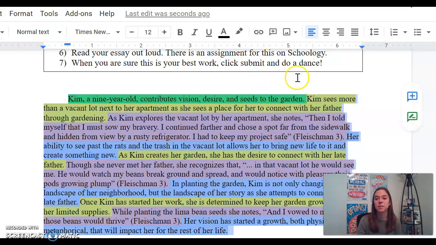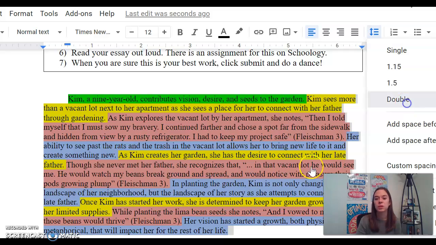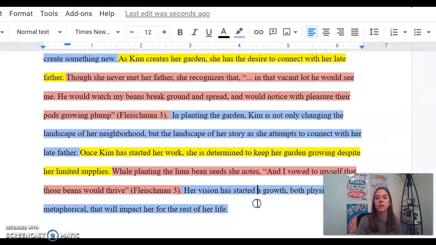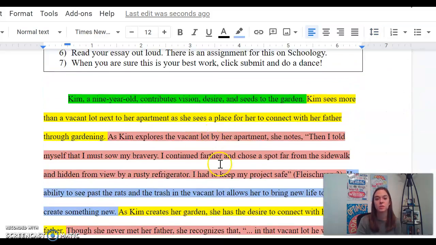The second one it's asking me to do is make sure it's double spaced. So I'm going to look right here for those arrows going up and down that says line spacing, and I'm simply going to select double. This way it's way much easier to read, there's space between, and it just looks really formal and professional when